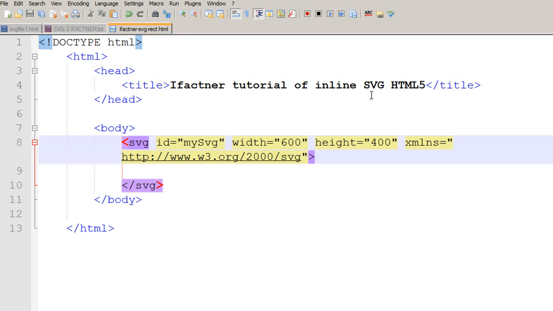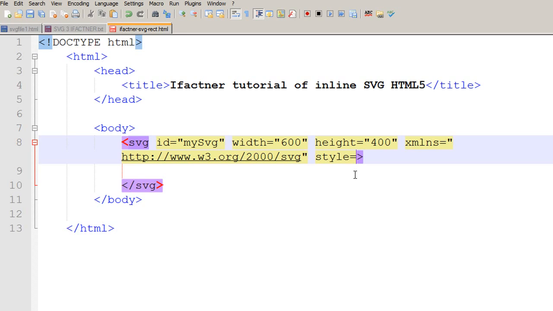So either you should be using the internal styles or the external style sheets. And if you would like to know how we can do that, then please refer to my HTML5 and CSS3 tutorials. So I write style for the inline style,